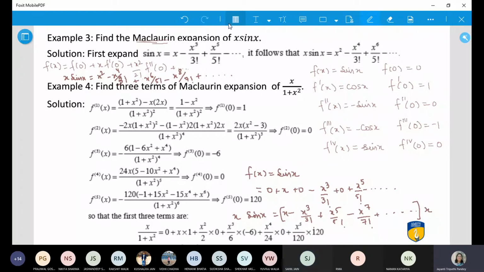If you try to do it with x sin x, then you have to use the product rule all the time, so that will increase your work. Are you understanding what I mean? When you take x sin x, every time you differentiate, you have to use the product rule, and that will be a lot of work. Like when you find f dash x, it is x cos x plus sin x, right? Then you find f double dash x, 4 terms you will get. So that's a lot of unnecessary work.